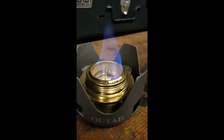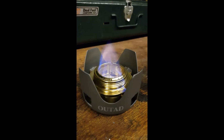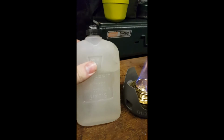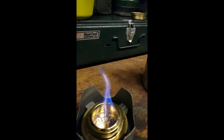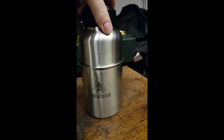Okay, so a couple of sparks and it got going. So I'm going to let that prime itself. Oh yeah, I'm using denatured alcohol in there, not using meth. So I'm using that so it gives a cleaner burn. Got the Pathfinder cook set,